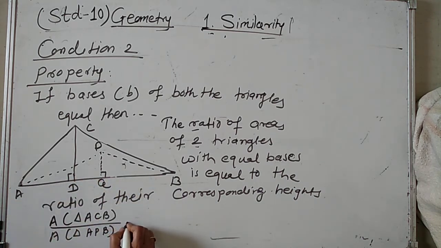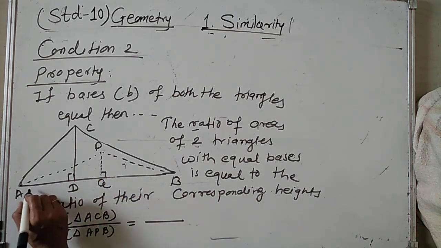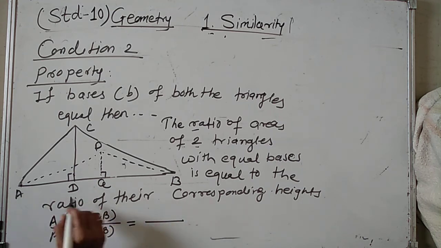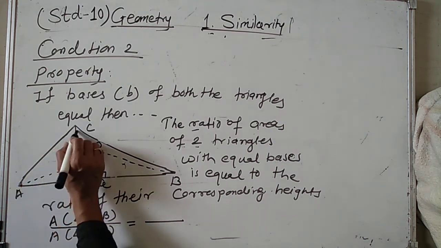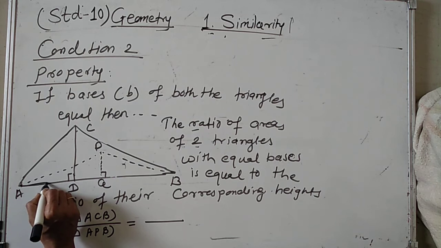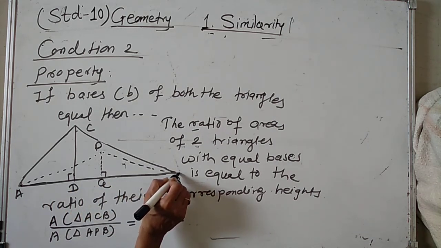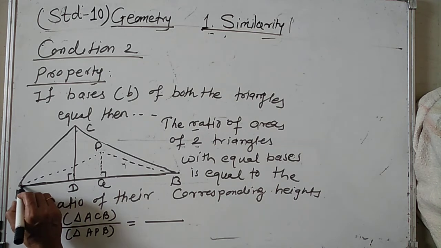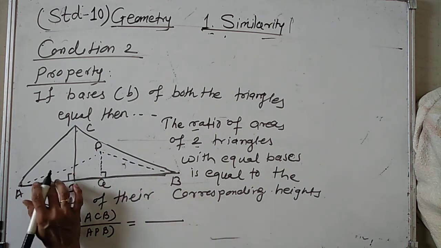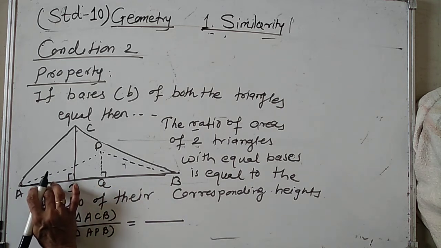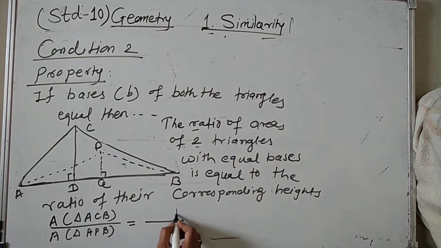The base of first triangle ACB is AB, and the base of APB is also AB. It means the base is the same. Since the base is the same, write B upon B, don't write B1 and B2, B upon B with equal bases